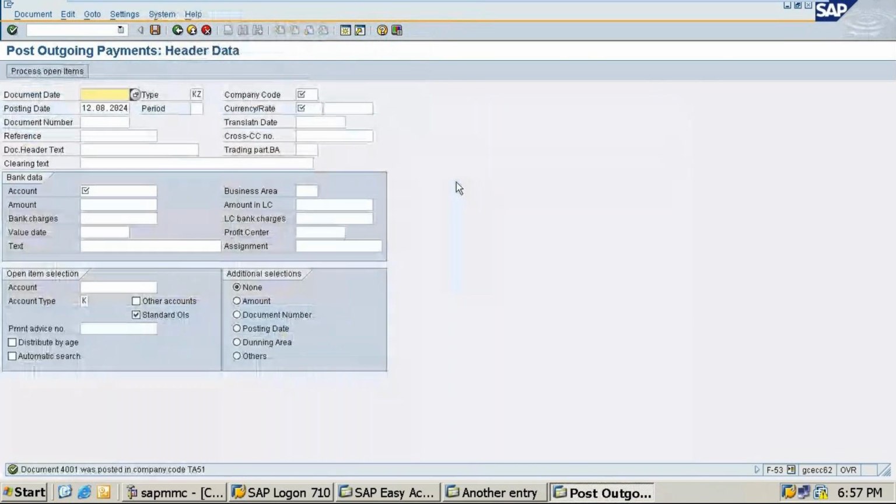Now it's posted, students. If you do it partially, it will give you that error message. Suppose 3000 first I entered, then 2000 I have entered. What was it displaying? It says difference is 2000. So in that case, directly 5000 I made the payment, means total clear. Okay, you do like this. What amount you have given, I am not knowing. I have given first 3000, then 5000 I have given.